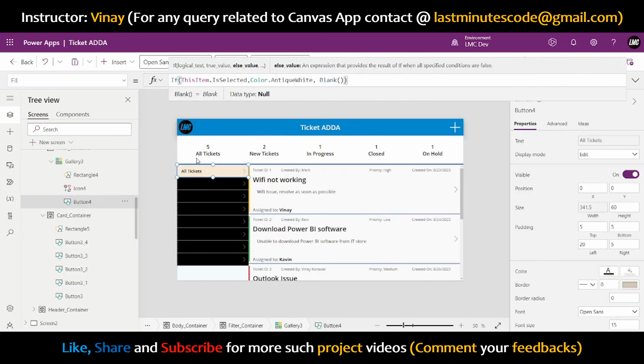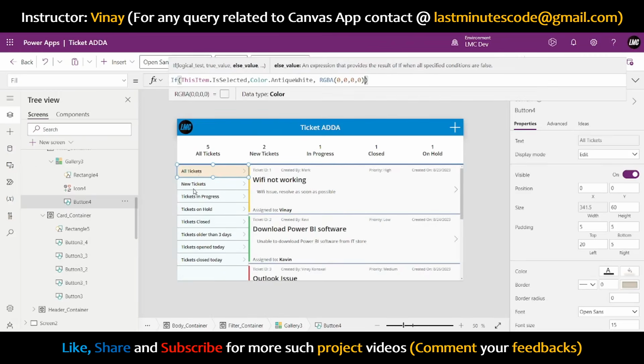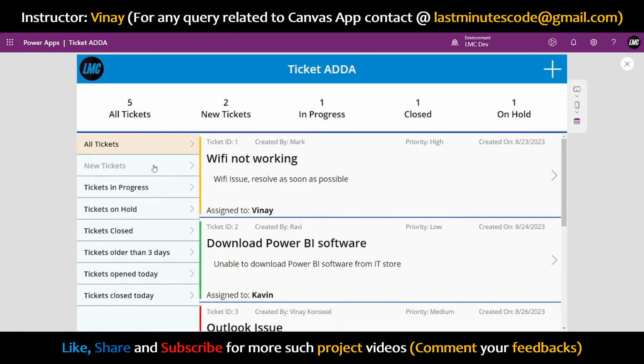Let's try to write blank. Okay, blank is not working. Otherwise, it should be RGBA 0, 0, 0, 0. Okay, so see up here, this color is also good. So whichever I select,